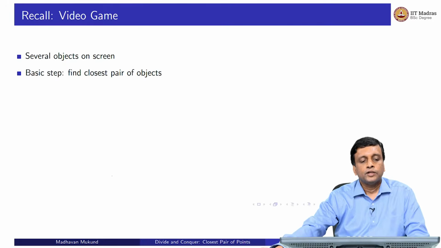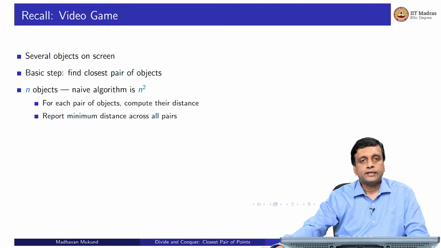of the course. So if you remember, one of the motivating examples for looking for efficient algorithms was this video game. So we said that there are several objects on the screen, and perhaps one of the basic steps that the video game has to perform every time there is a change in the situation is to find the closest pair of objects on the screen. So we said that this can be done by brute force by looking at every pair of objects on the screen, computing the distance and then computing the minimum amongst these. But this would take order n squared time, and we promised that we would find an algorithm which did something